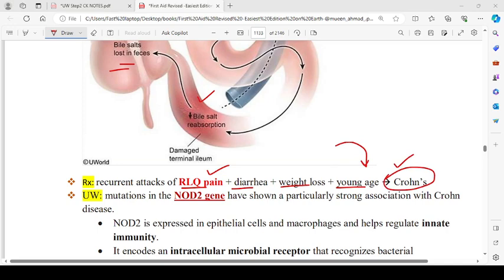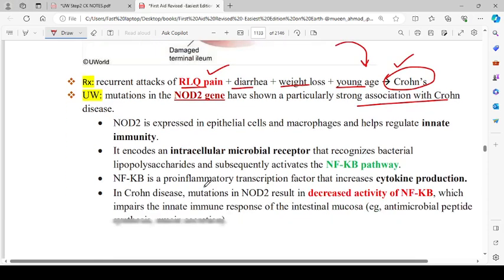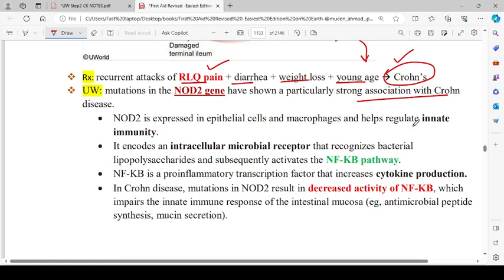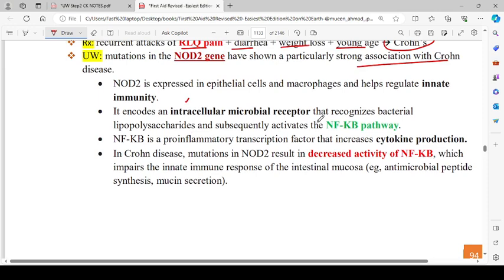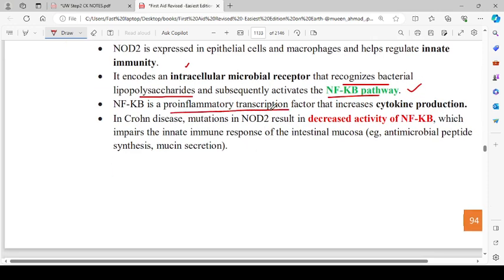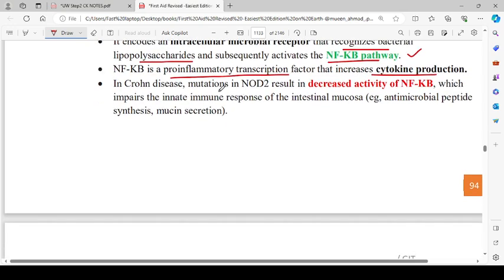Then the UWorld point is that mutation in the NOD2 gene has shown a particularly strong association with Crohn's disease. NOD2 is expressed in the epithelial cells and macrophages and helps regulate innate immunity. It encodes the intracellular microbial receptor that recognizes bacterial lipopolysaccharides and subsequently activates the NF-kB pathway. NF-kB is a pro-inflammatory transcription factor that increases cytokine production. In Crohn's disease, mutation in NOD2 results in decreased activity of NF-kB, which impairs the innate